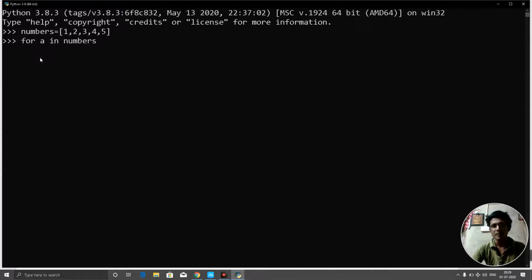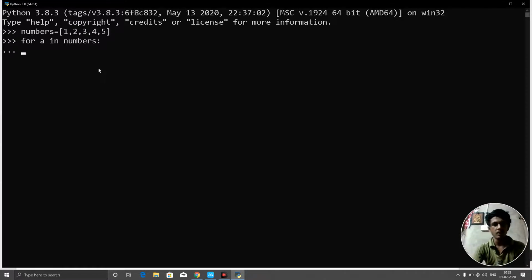But in Python it is simply for a in numbers. Here a is a variable, referring to the elements inside numbers, one by one. And here we need to put one colon and click enter,